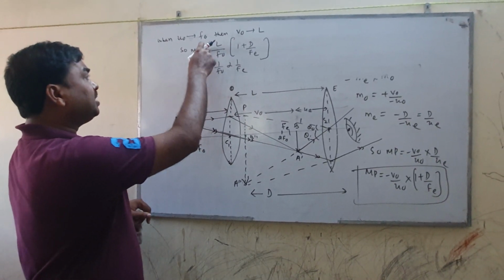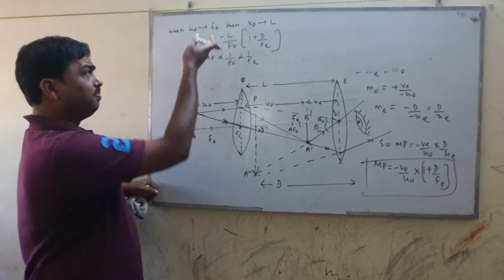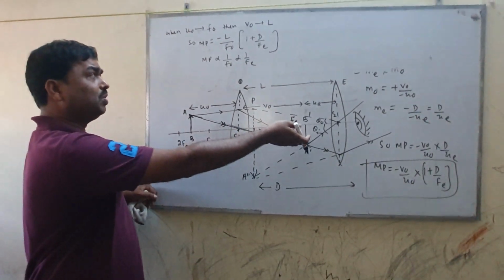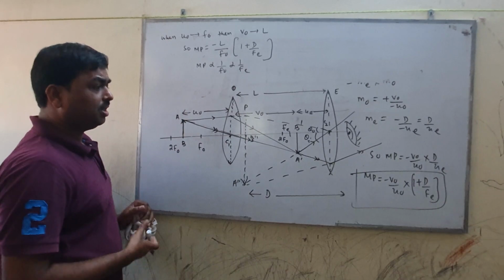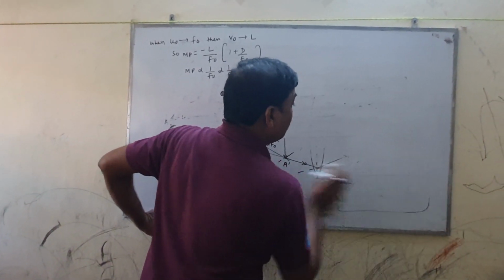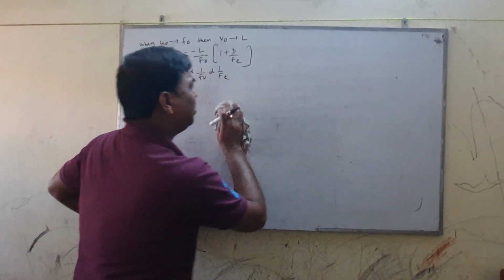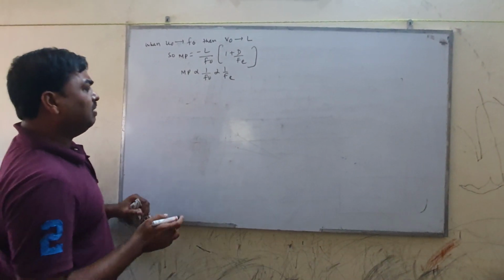What does the negative sign represent? The negative sign represents that the final image is inverted with respect to the real object. If there is a positive sign, you may assign the positive sign with respect to the virtual object. The minus sign is there because the final image is inverted with respect to the real object. Suppose now for normal vision. Normal vision is not required for the compound microscope because this adjustment is seldom used.